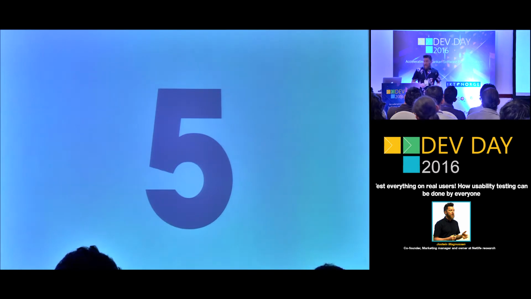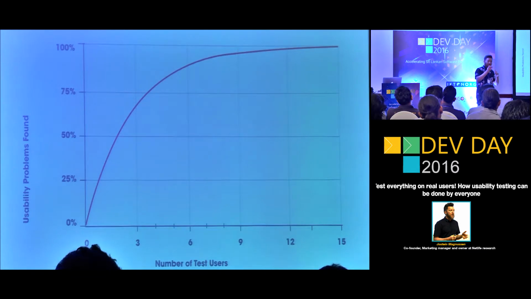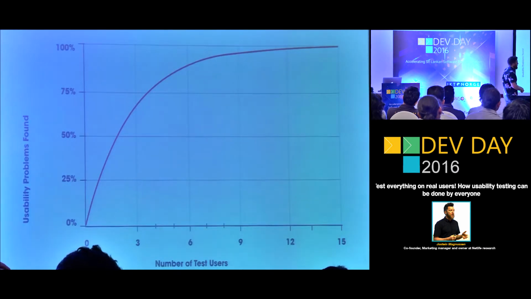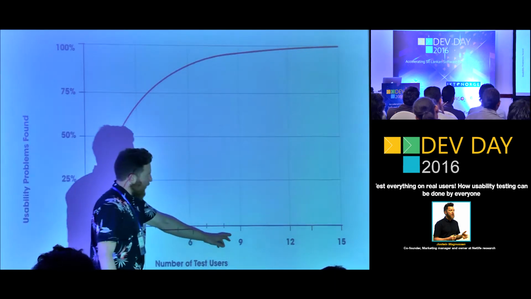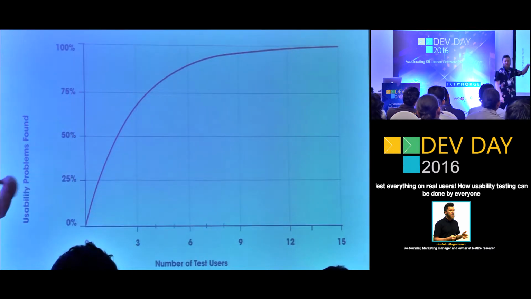And Jakob Nielsen has done research on how many test users you need to find all the usability problems in the software or in the website, etc. And what he found was that if you test on 5 persons, you can see that almost 85% of the problems are found. And if you go further to test on 8 or 9 persons, you have almost all possible usability problems